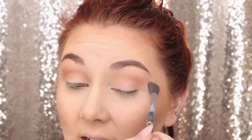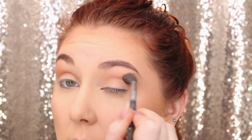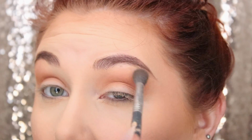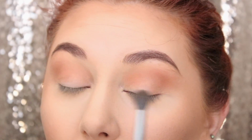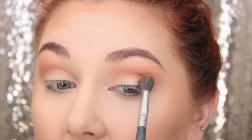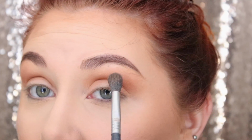My shirt is kind of more of a taupey color. I hope you guys can see that. So I might just use this as just a little bit of warmth. And I'm not really one to do one eye full glam and then record doing the other. I'll forget what I did. I just use so many different steps, and so I just decided,